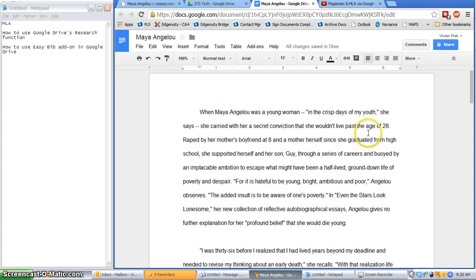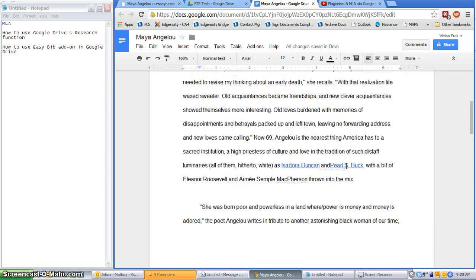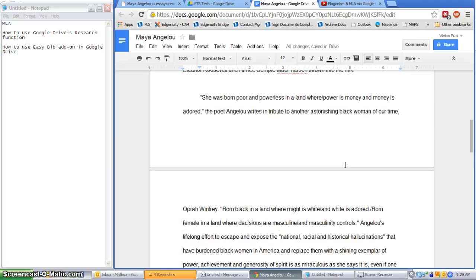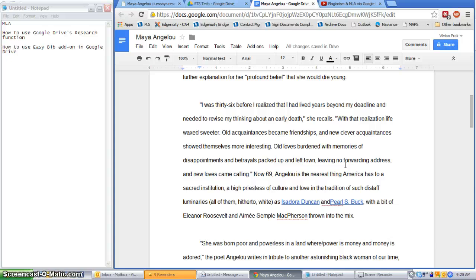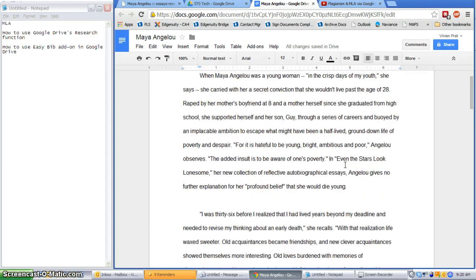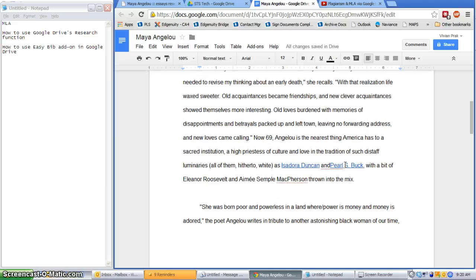So if you're comfortable with using this, you might have written a few papers on here already. This is a Maya Angelou paper. It's a bibliography about her, and what I wanted to show you guys today is how to use the research function as you're writing your paper. Now this paper is already complete. It's not a very good paper, so please don't think this is a good one, but